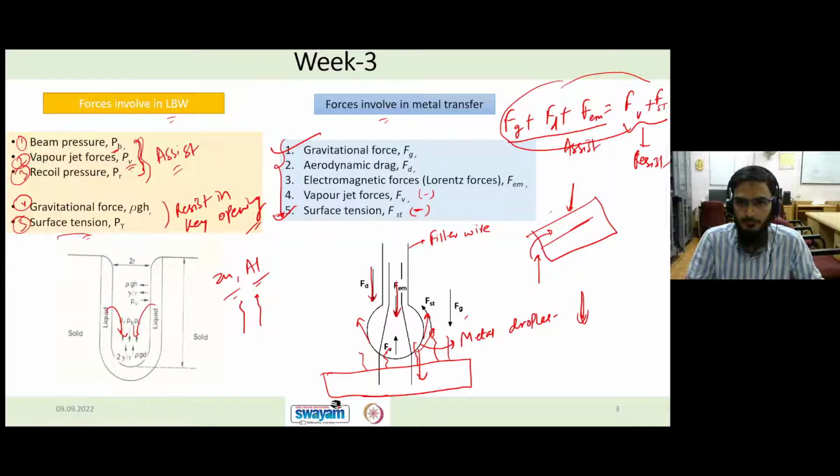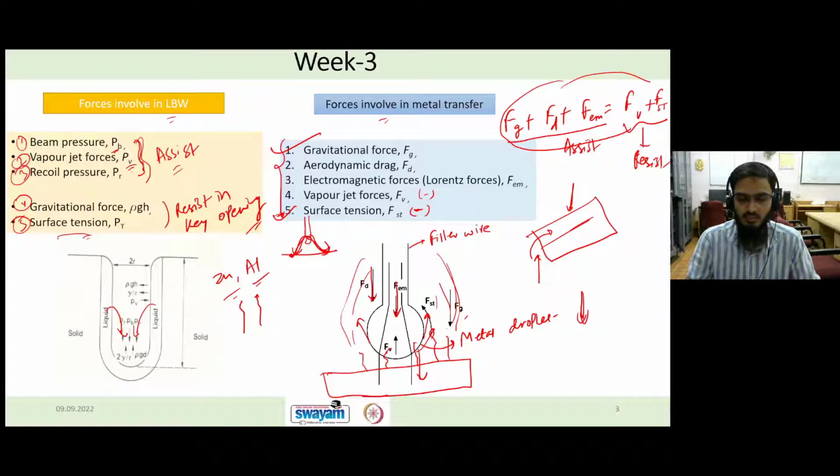Sir, aerodynamic drag, please explain about aerodynamic drag. So this aerodynamic drag force is nothing but, you have this arc, right? This is a shielding gas GMAW, gas metal arc welding process. In that you will be having gases here, and the arc will be coming in this way. Let's say this is our electrode, and this is how the arc will be generating. So the arc flow will be like this, and let's say here you have a metal droplet, so this flow will try to